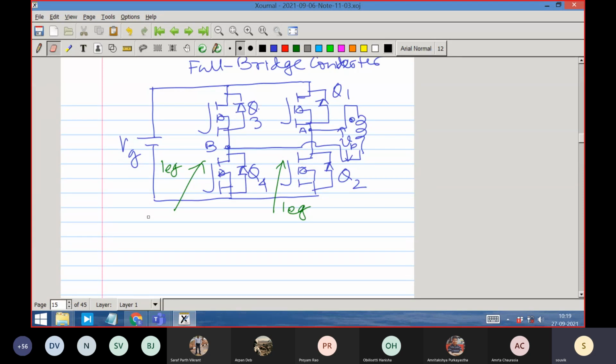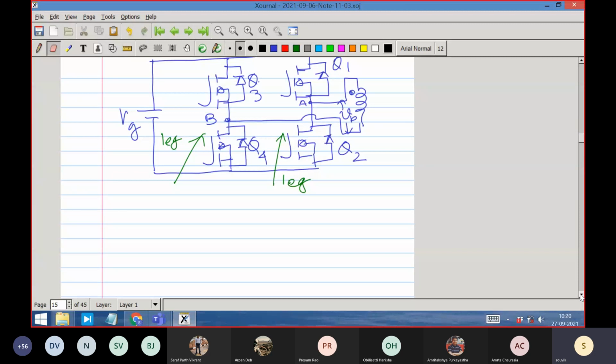Otherwise, there is only one level of voltage you get, V naught is equal to Vg. That is not the desired thing. Your desired thing is to have control over the voltage, right? I should be able to get from 48 volt either 12 volt or 15 volt or 18 volt or 10 volt as I desire. That is why we need control, and control is achieved by having a zero state when you need to apply zero voltage. That is when the averaging will work. So Q1 and Q3 on is a very desirable state. In fact, it is so desirable that we can have a very simplified control of the converter. Just listen to me for some time, then ask.